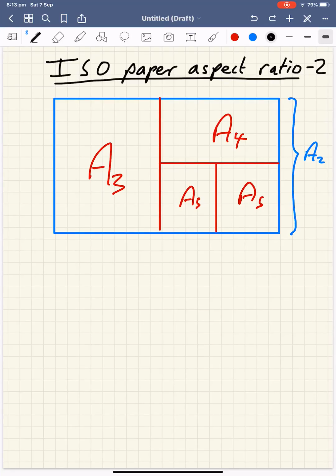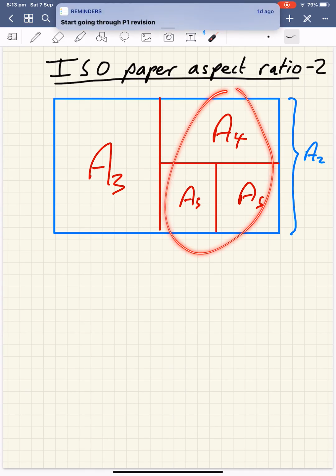This is the second video about calculation of ISO paper aspect ratio, and in this case you can see that I have a diagram, not to scale, of an A2 sheet of paper, and this A2 sheet of paper has been folded into two A3 sheets of paper. The left hand A3 sheet of paper is labelled, and the right hand A3 sheet of paper has been further